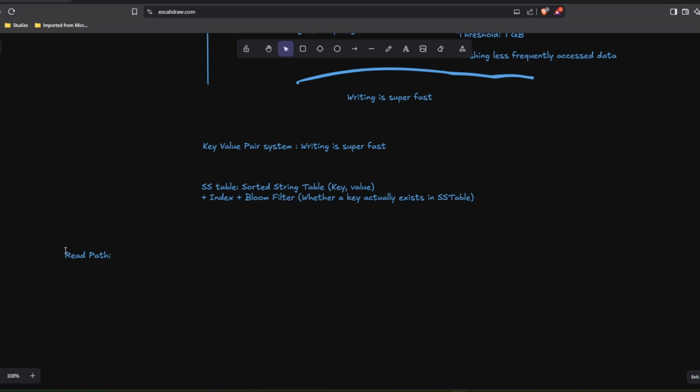So now let's explore the read path, how we are going to read. Again, the client or the user is going to make a read request, and the read request will go to the server. And from the server it will go to